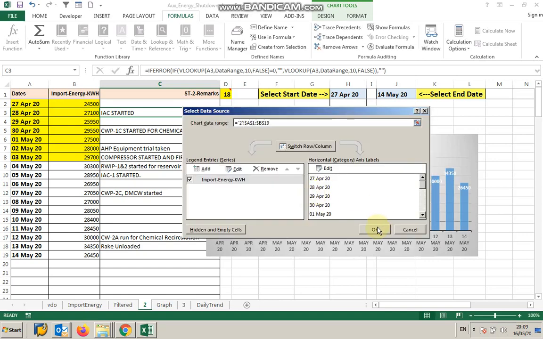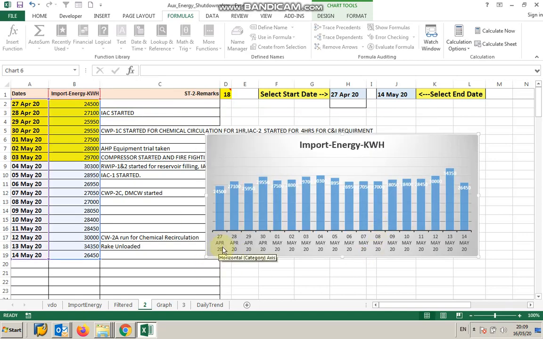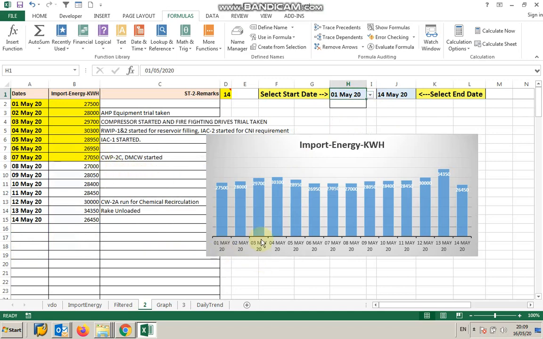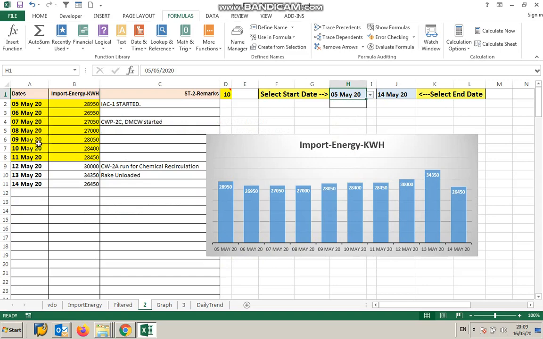Now you see, the 30 April to 14 May data is being automatically selected. If I change the date range, suppose to 5th May, then 5th May to 14 May, every data is there.